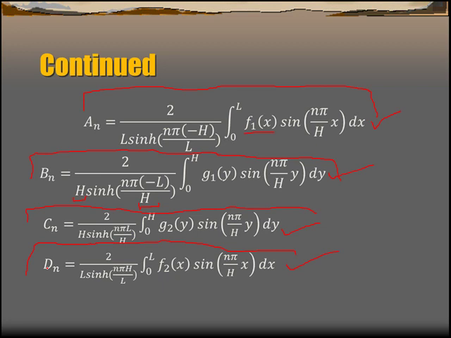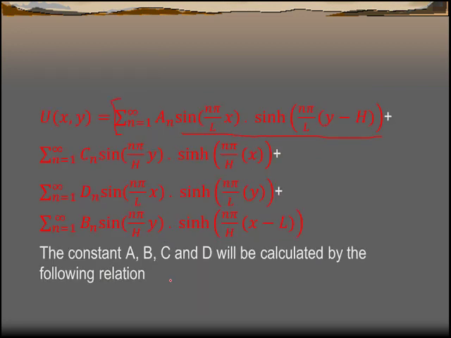f1 ऑफ x, g1 ऑफ y, g2 ऑफ y और f2 ऑफ x ये क्योंकि नोन क्वांटिटीज होंगी, आपको बताया गया होगा कि रेक्टेंगल के जो एजेस हैं उन पे क्या टेम्परेचर है, तो ये फंक्शंस आपने वहां से कलेक्ट करने हैं। ठीक है, तो तीन तीन वैल्यूज आप कैलकुलेट कर लें और इन समेशंस के पहले तीन तीन टर्म्स को आप डिराइव कर लें, सो वो फर्स्ट थ्री टर्म्स ऑफ द सॉल्यूशन कहलाएगा लैप्लास इक्वेशन का।